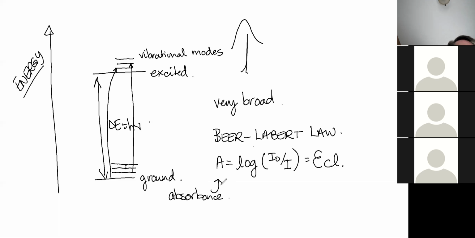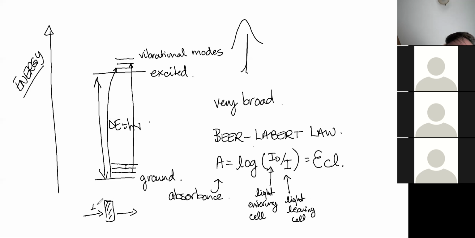So this is the light or the radiation entering your cell, and this is the light leaving the cell. So if you've got your little sample dissolved in some solution cell, this would be I0 and this would be I. So if the molecule is absorbing this, if it has the appropriate sort of energy, then